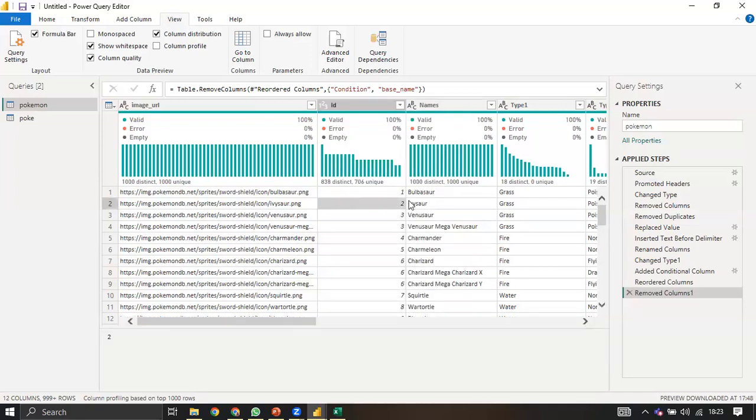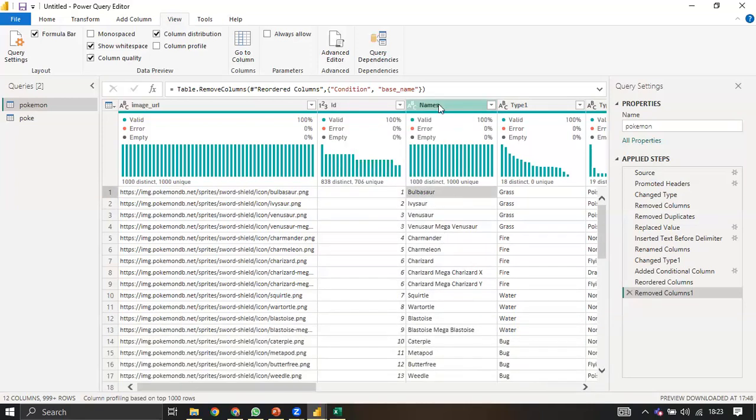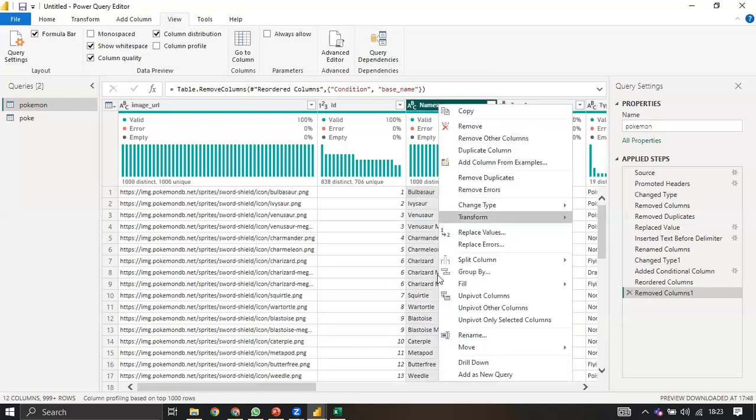We have the option to trim too. Oh, that's for text, so I didn't see it. So for numbers, they have their transform options, then for text, it has its own transform options. Now, if I want to change all the letters here to lowercase, I'll come to transform, lowercase. It changes everything to lowercase. Uppercase, then capitalize each word. If I want to trim it, trimming means